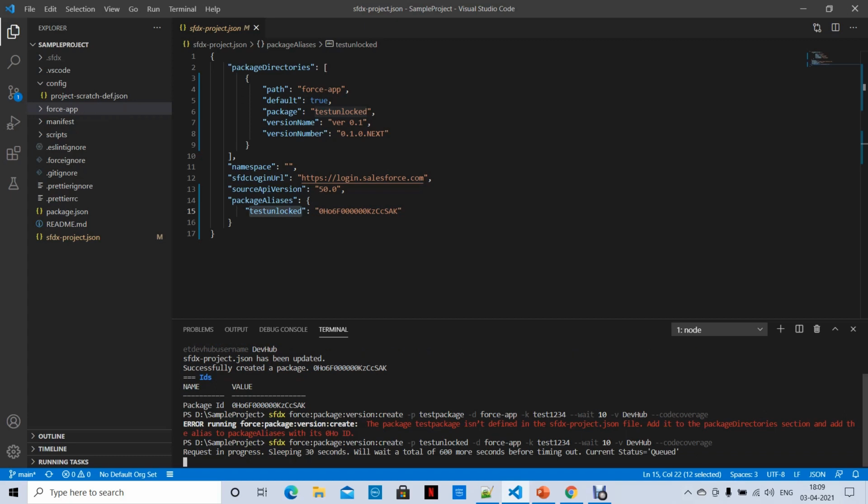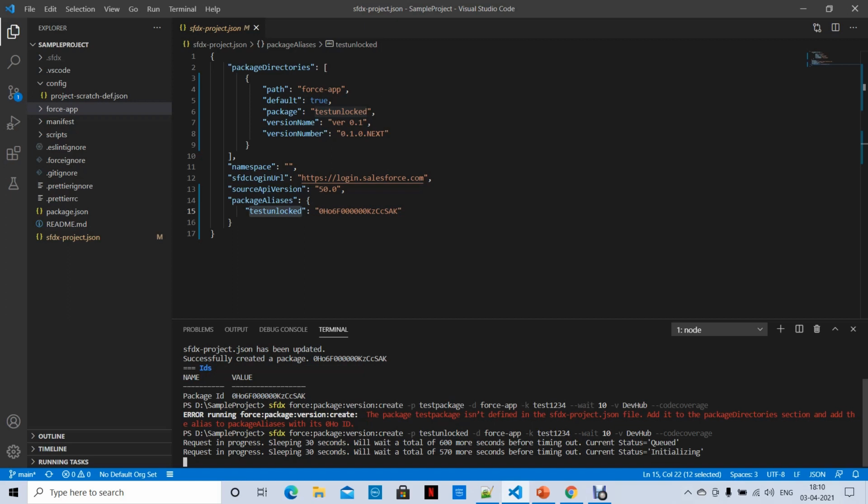Meanwhile, it is very easy to create an unlocked package. If you observe here, I am not trying to do anything on the Salesforce user interface. I just cloned our repository project to my local machine, and then I created a package from that, and I am creating a version. So let's wait for some time. And one more thing, for unlocked package, for now you can't include post installation scripts. That is a limitation.